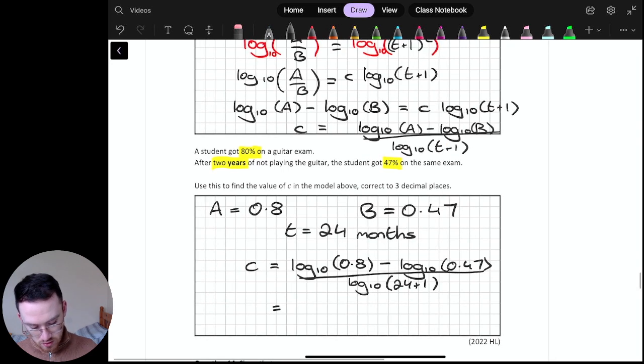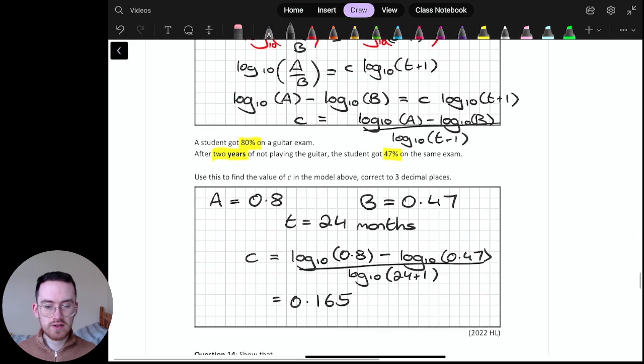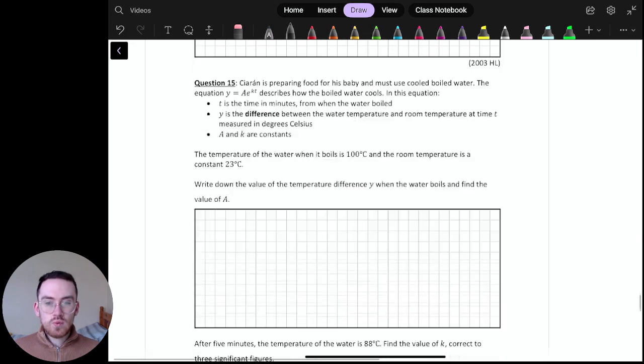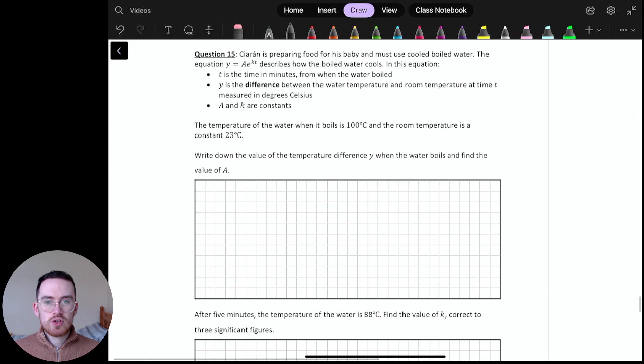And we get an answer of 0.165. Okay, to 3 decimal places, 0.165. Okay, let's try one more of these, and this is a good one, similar to one actually that we looked